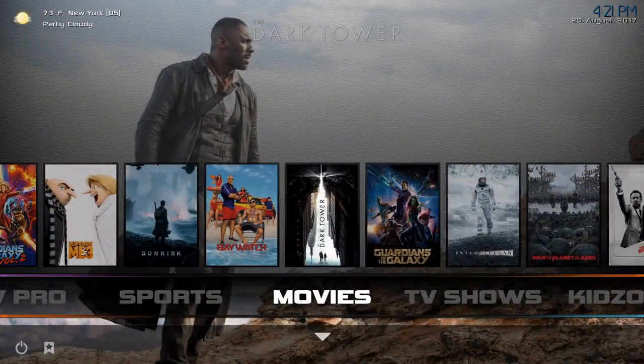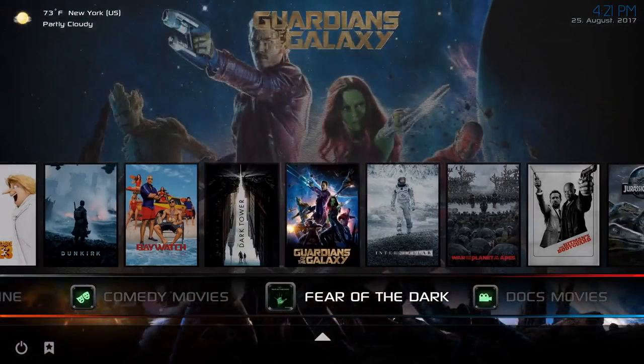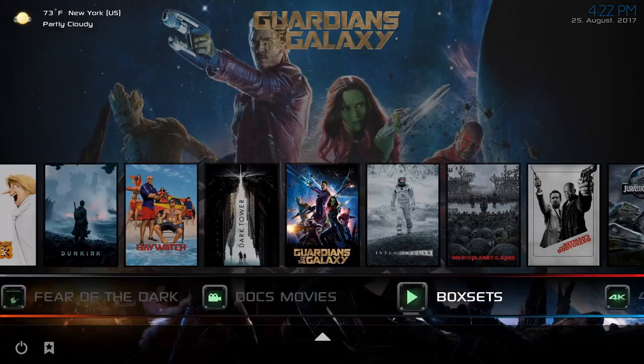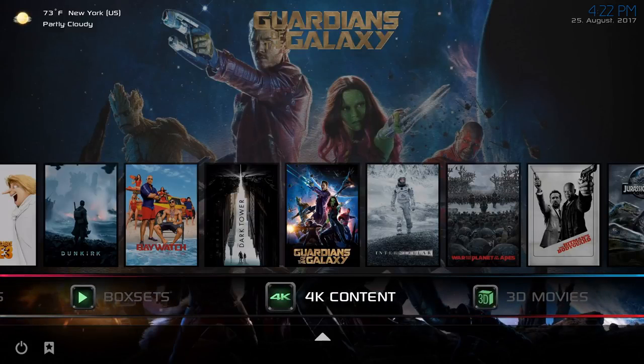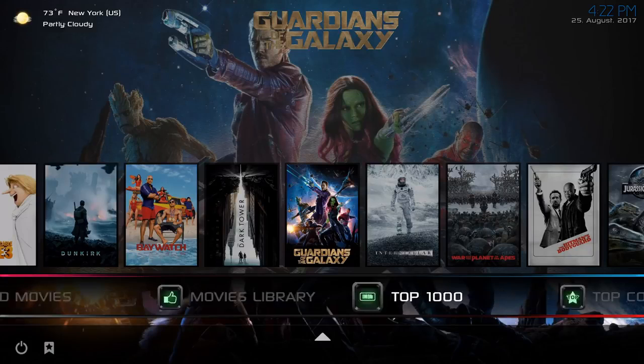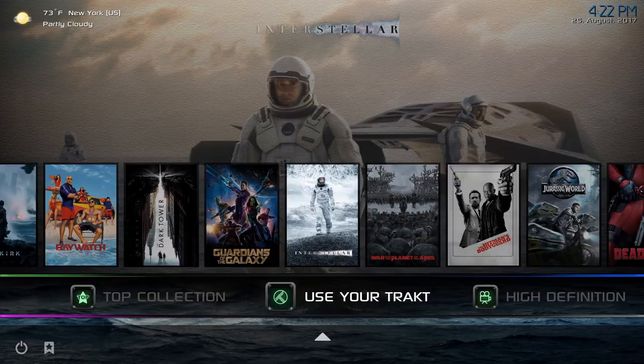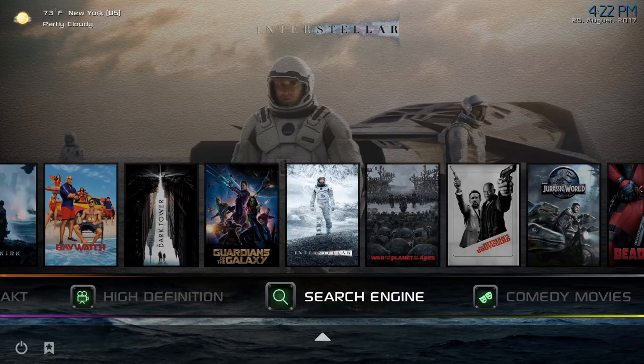Now, movies does have a sub menu. So if you scroll down, you're going to get options like Fear of the Dark, Docs Movies, Box Sets, 4K Content, 3D Movies, Movies Library, Top 1000, Top Collection. You can use your tracked account. You can click on High Definition. It does have a search engine. So if I click on Search Engine,